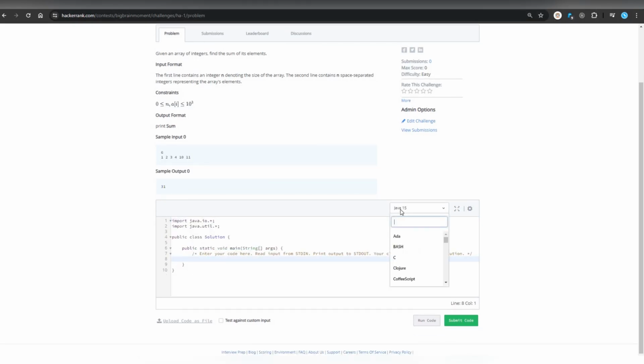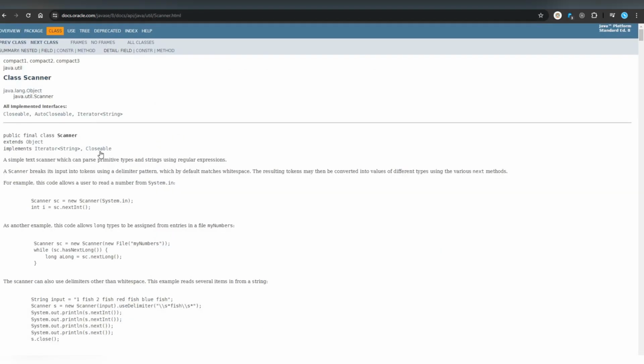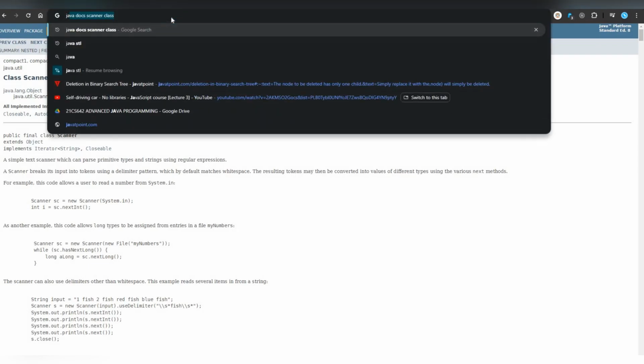Okay, so solving this in Java. The previous question, we solved it using the Scanner class, right? Like took the inputs using the Scanner class. I would highly recommend you to check out all the Scanner class functions. How would you do that? Basically, you can just type in Java doc Scanner class,